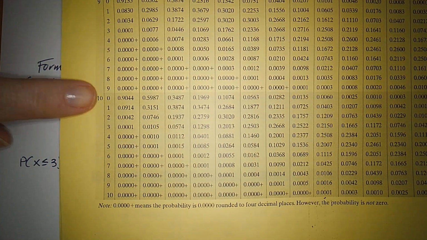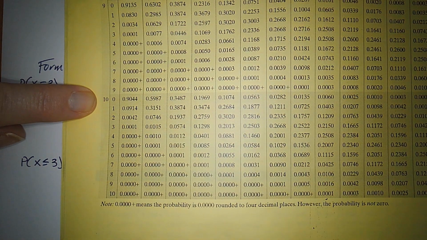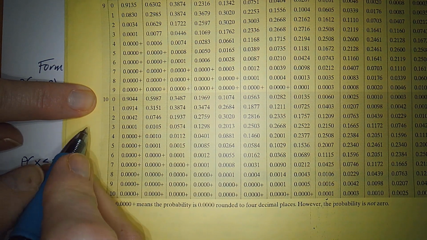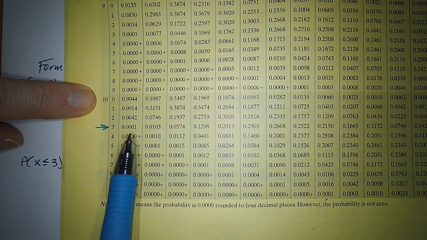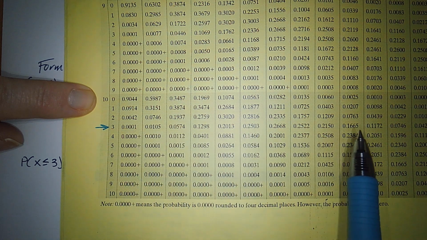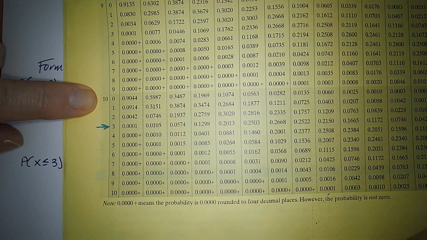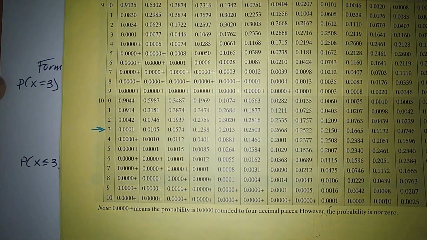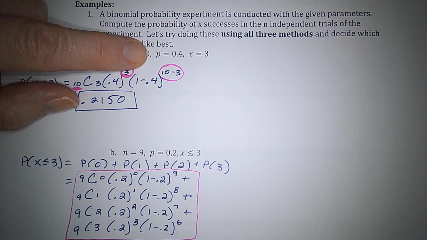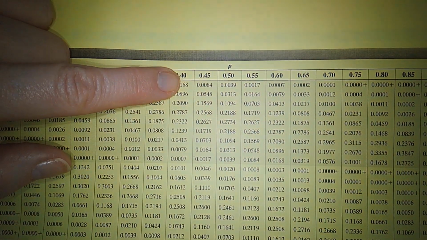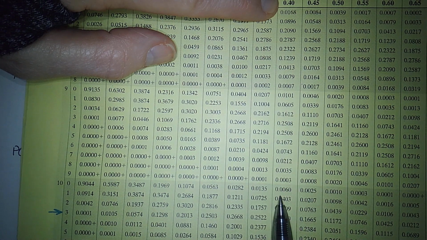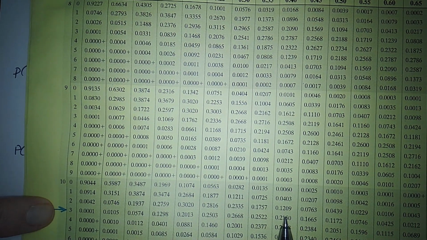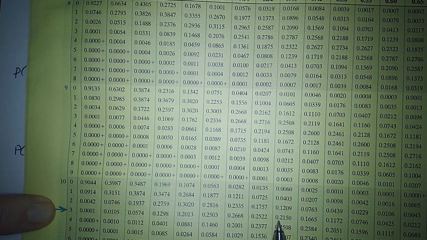Okay, so we have an n of 10, and we want exactly 3 successes, which is right here, out of 10 total trials. Now we got to know which column we need to pick our probability from, and that comes from the probability of success. According to this question, the probability of success was listed as 0.4. So we go back to the table, we find the probability of success is 0.4, and where does that column meet this row? And the answer would be right here at